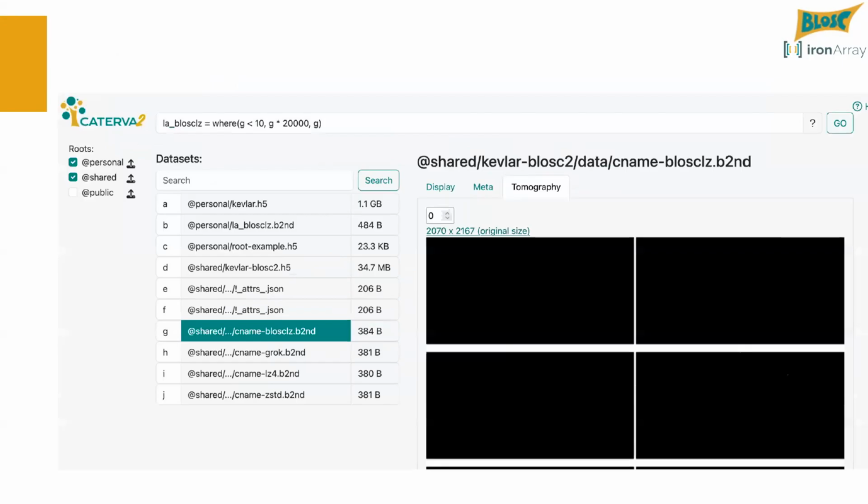In order to do that, we can use the prompt here, where we specify an operation on top of the data set. In this case, for all the values in the data set that are less than 10, we replace these values by multiplying the actual value by 20,000. If not, then just the actual value. This is what is called a lazy array. It is not evaluated on the fly in real time, but it is evaluated on a deferred basis. So once you define this,